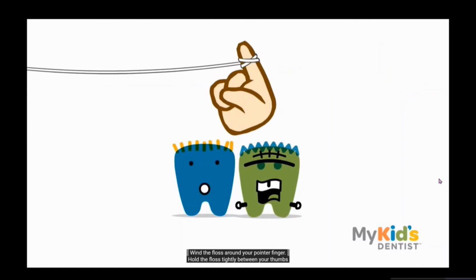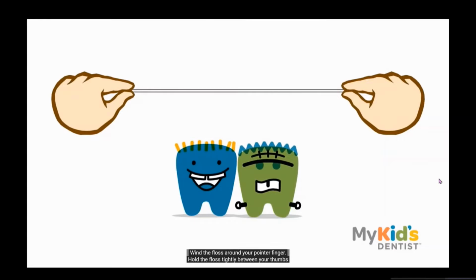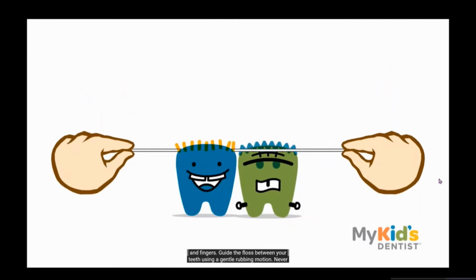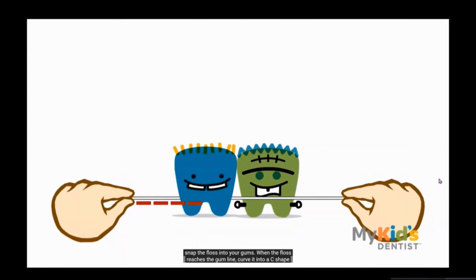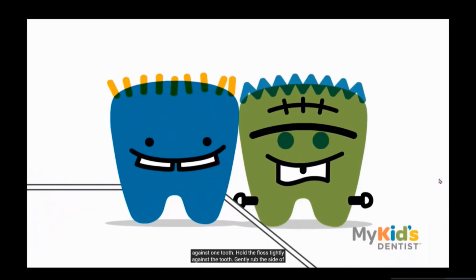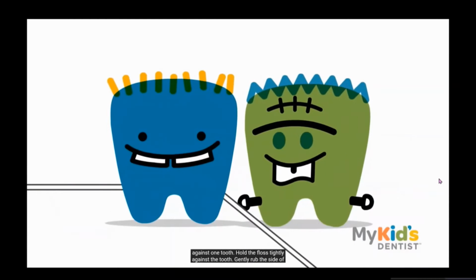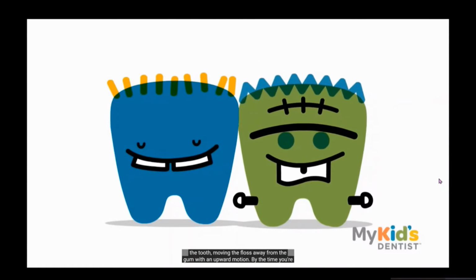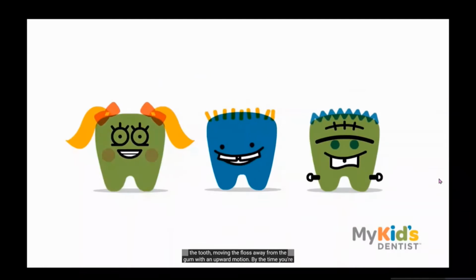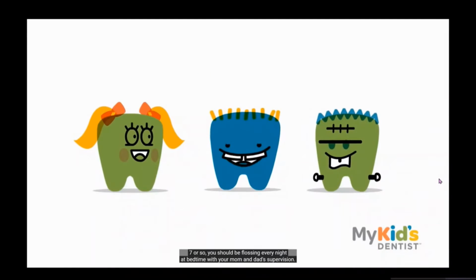Wind the floss around your pointer finger. Hold the floss tightly between your thumbs and your fingers. Guide the floss between your teeth using a gentle rubbing motion. Never snap the floss into your gums. When the floss reaches the gum line, curve it into a C shape against one tooth. Hold the floss tightly against the tooth. Gently rub the side of the tooth, moving the floss away from the gum with an upward motion. By the time you're 7 or so, you should be flossing every night at bedtime with your mom or dad's